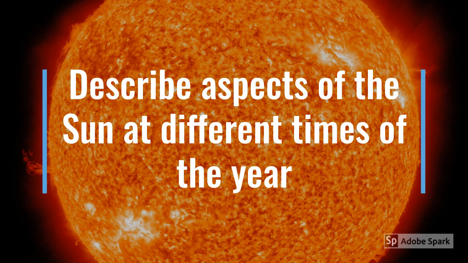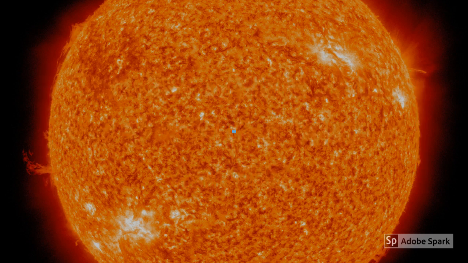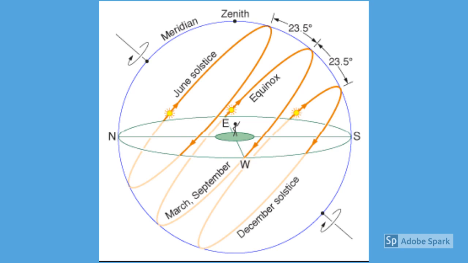The first aspect we will be talking about out of the Pick 6 will be describe aspects of the sun at different times of the year. Here we see the different solstices that the sun goes through. Each solstice will place the sun at a different time, length from the earth, and an arc showing how far